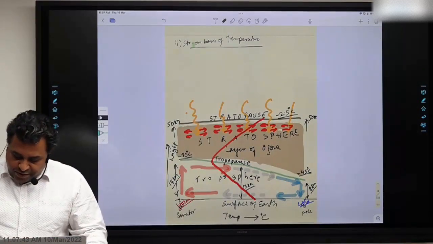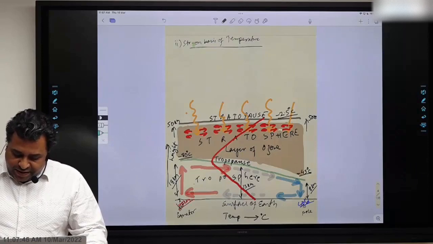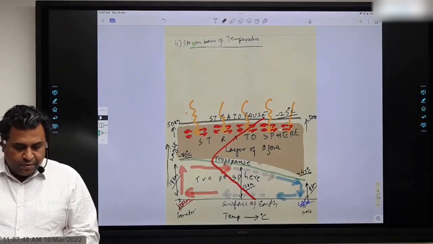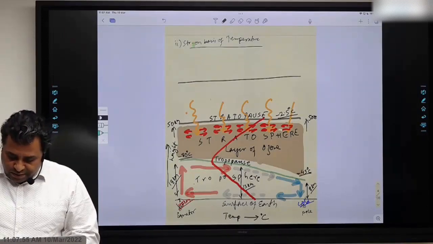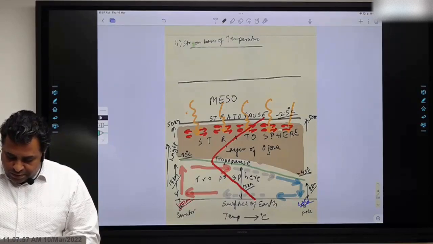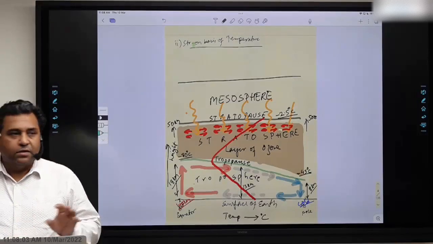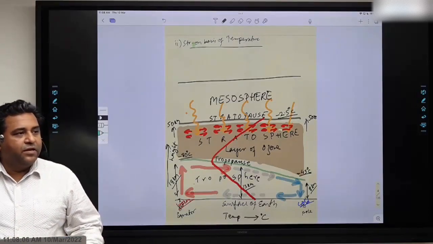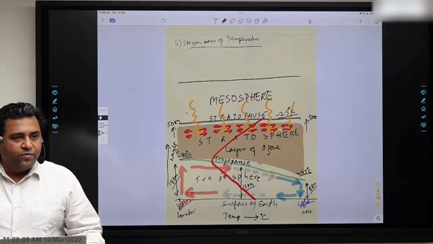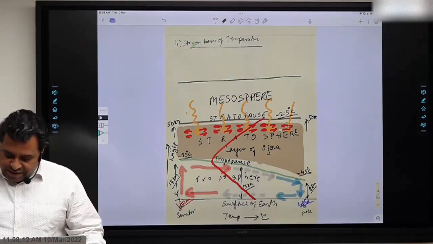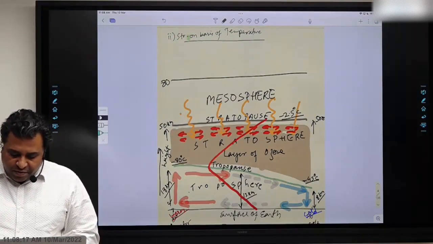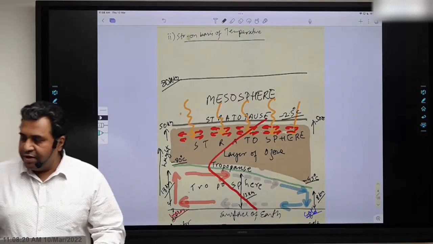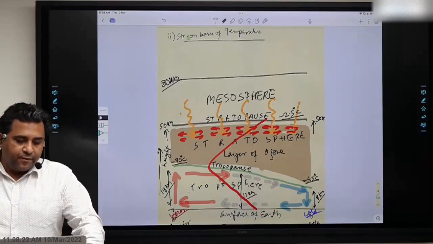So when you go beyond this stratosphere and the stratopause, you come to the third region, which is the mesosphere and the mesopause. Okay. What does meso mean? Middle, and hence this is the middle layer. So this is nearly the middle layer of the atmosphere, because above it you have two and below it also you have two regions. It extends up to a height of 80 kilometers from the surface of the earth.